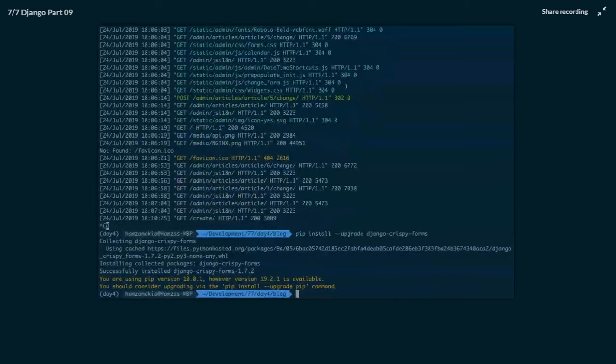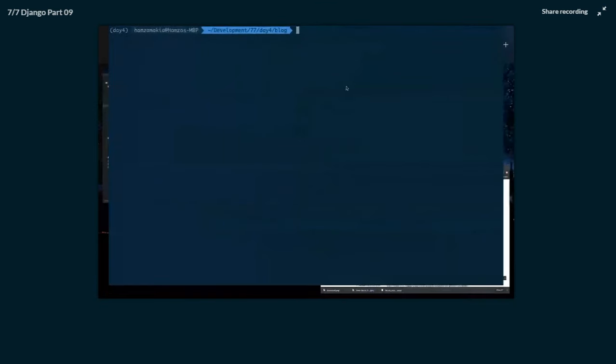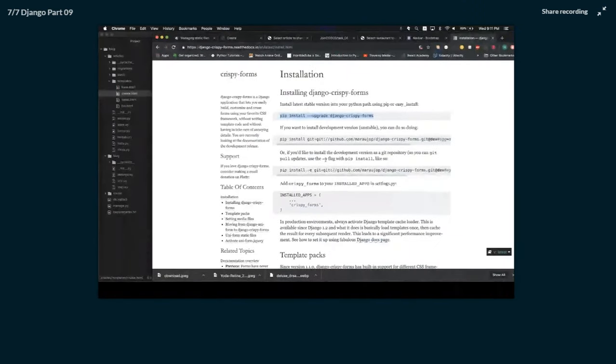And what do we usually like to do when we install a package? Update the requirements file. So I'll say pip freeze requirements. All right, cool. Let's follow the next step. The next step says add Crispy Forms to your installed apps. So I'll take Crispy Forms